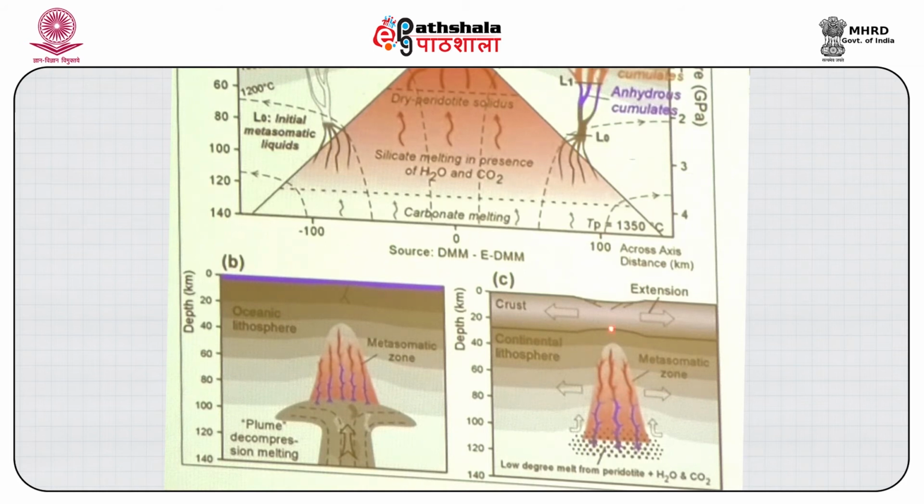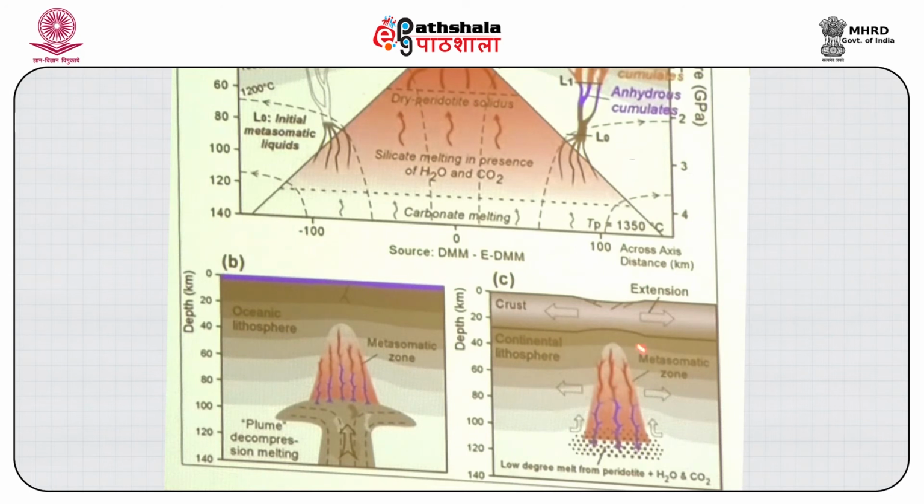Now, you can see here another diagram, that when it advances, it will cause extension, because this is hot and it is coming from depth, it pushes this region, and then you will have an extensional regime, where this side will move to the right and the left, and then there will be some sort of faulting and formation of a rift or graben, in which you will have these rocks which are generated, known as the alkaline rocks, alkaline basalts, and also some of the highly alkaline rocks like carbonatites.